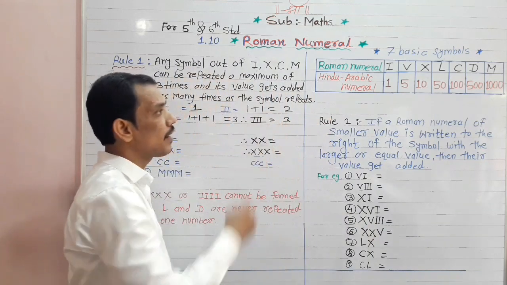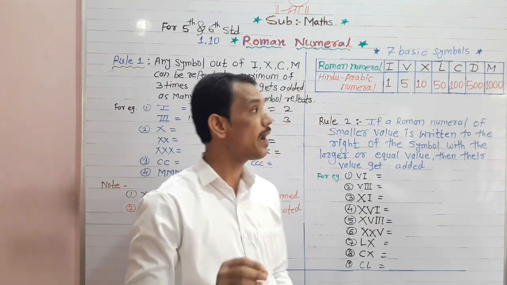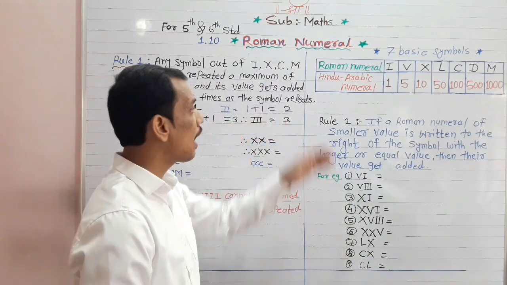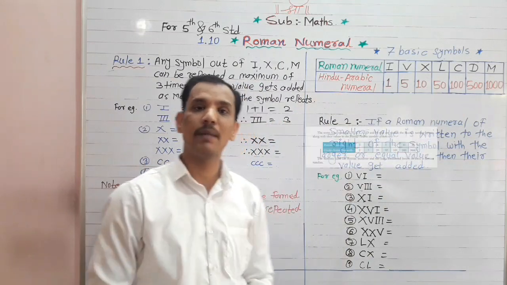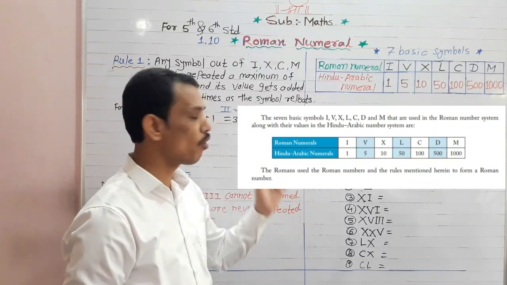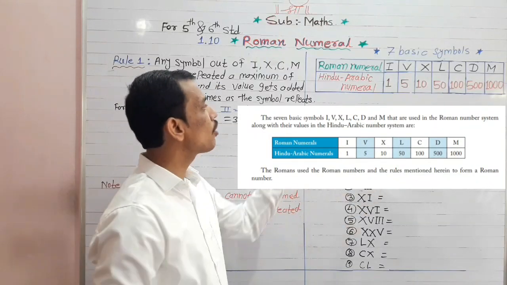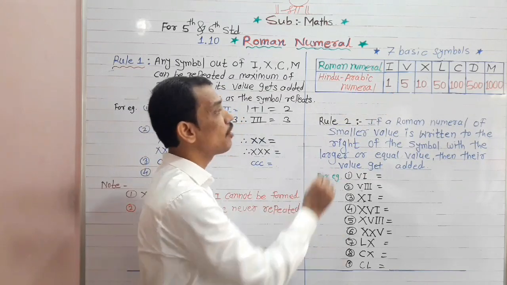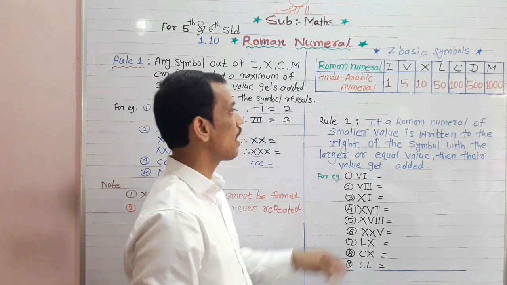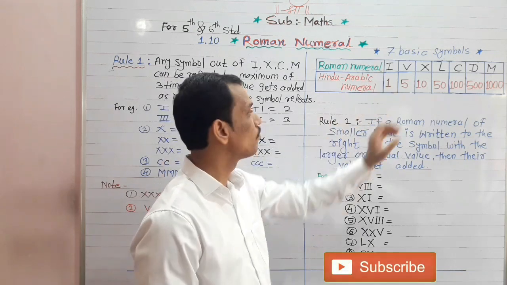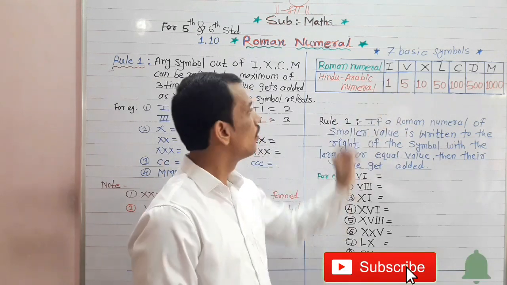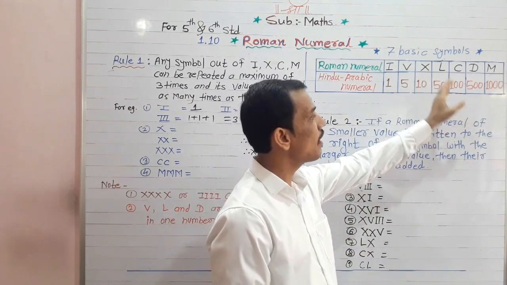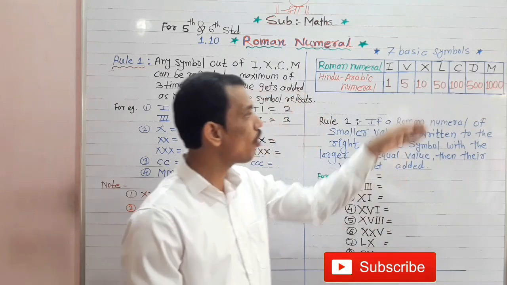So how are the Roman numbers formed? The Roman numbers basically depend on the 7 basic symbols. These 7 basic symbols are so important. Now here I have drawn the chart, and I am showing it with the help of one image also. You can look at the board on my left side. For the Roman number 1 we use I, English capital letters. For 5 we use V, for 10 we use X, for 50 L, for 100 C, 500 D and for 1000 M.